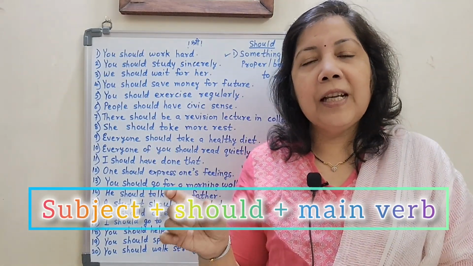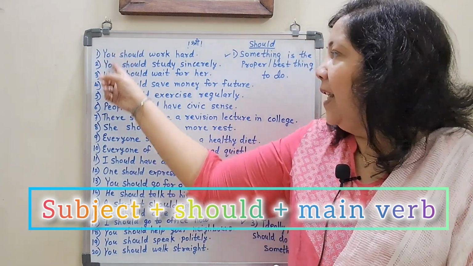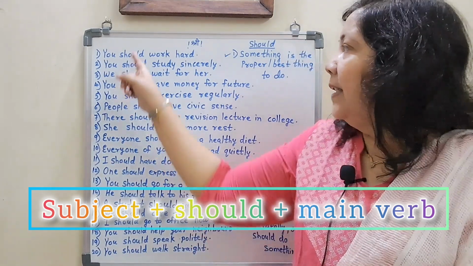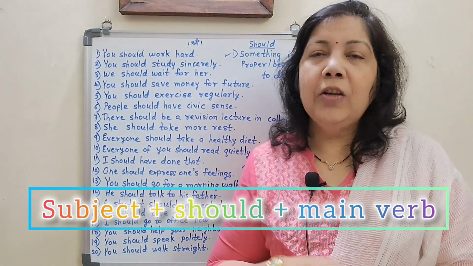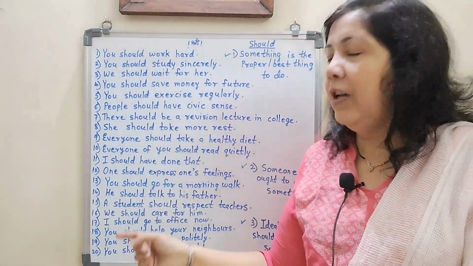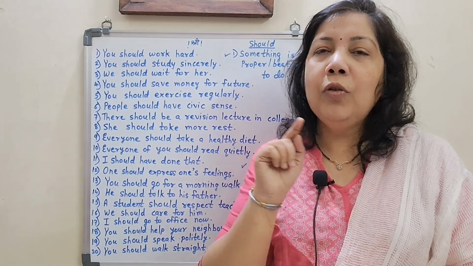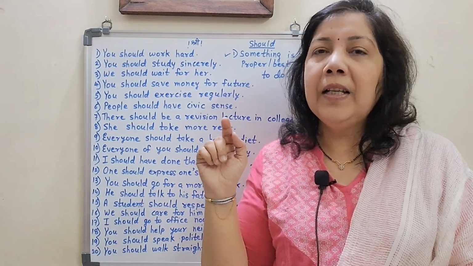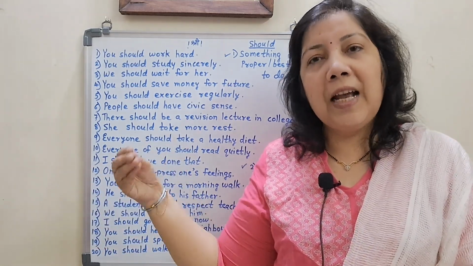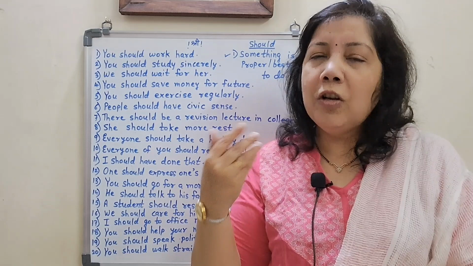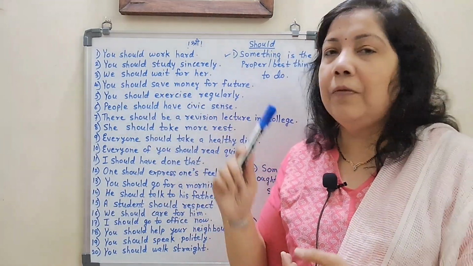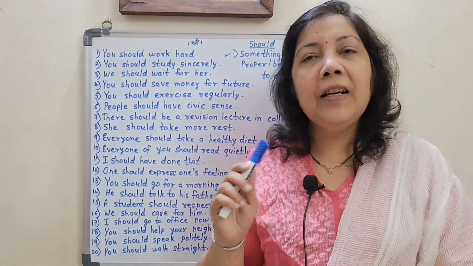And the construction for sentences with should is very simple. Always first is the subject. Second place is should. Should always comes immediately after the subject. After that should, we always take the main verb. So, subject, then should, plus main verb and plus the extra part. Object, complement, whatever has to be given, written or spoken over there, that comes at the next part. So, this is the regular structure for sentences with should.